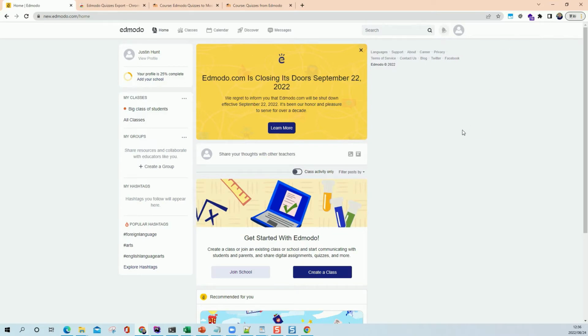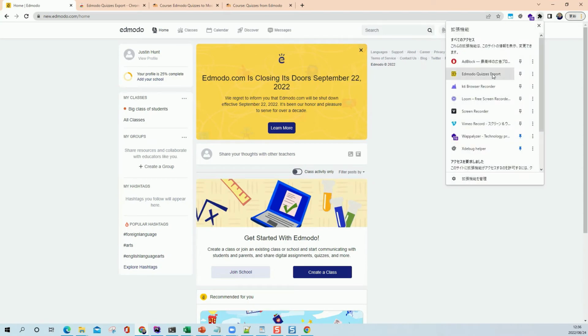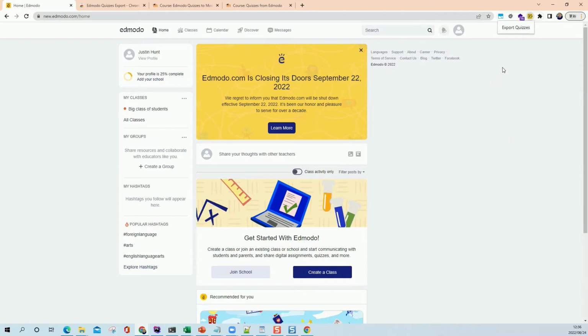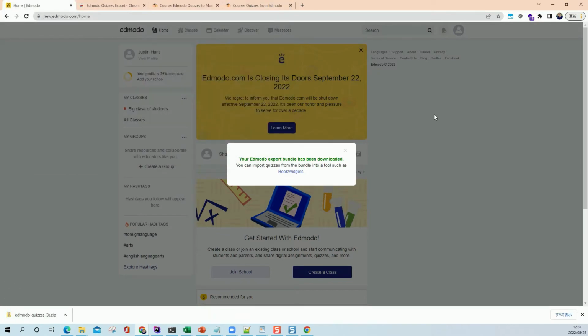Now this happened to me the first time I tried this also. You need to reload the page for the new Google Chrome extension to be picked up. Okay, and here we get the little dialogue saying it's exporting our quizzes. Okay, so let's export that, save that to our desktop. Okay, great. So that's all good. So let's go now